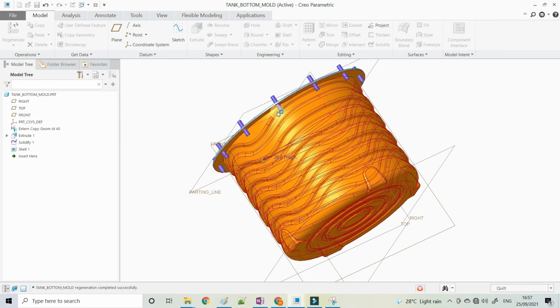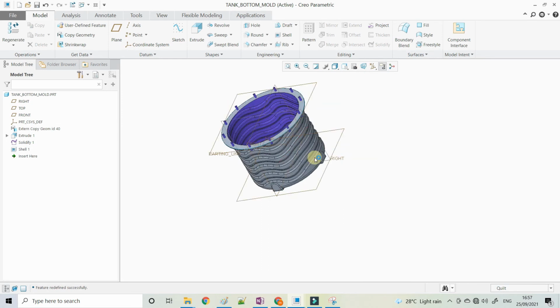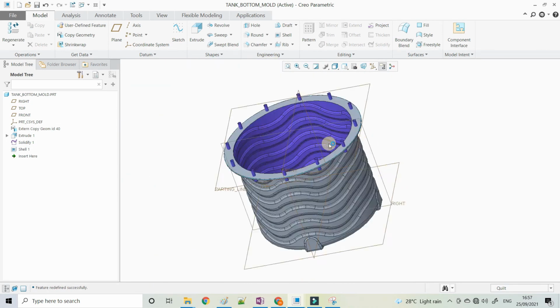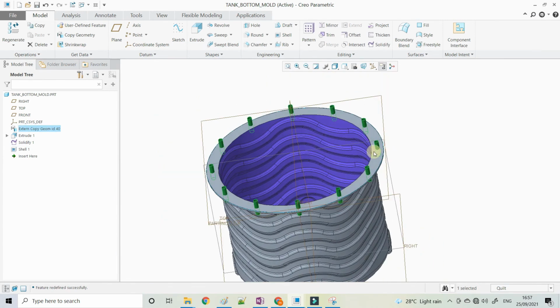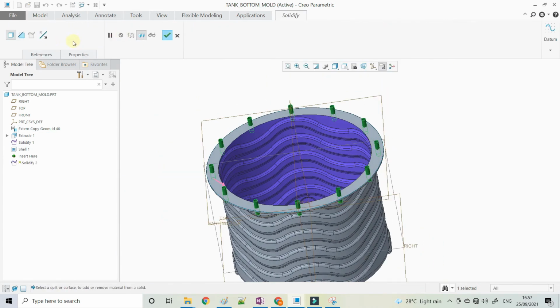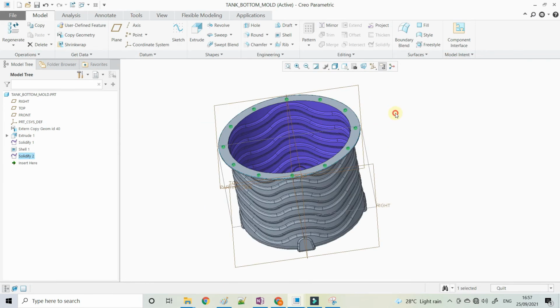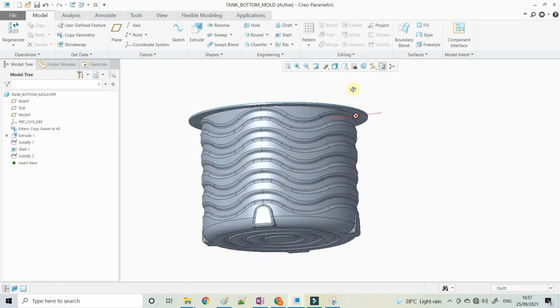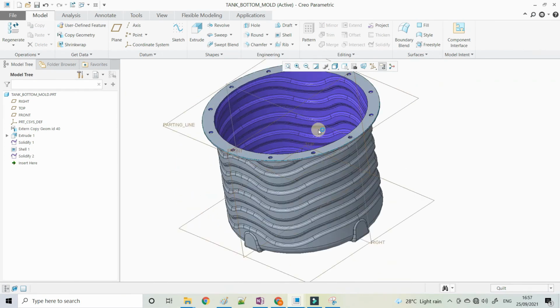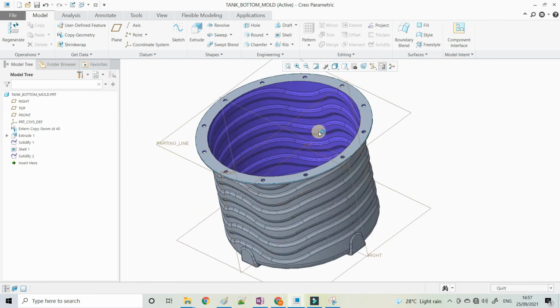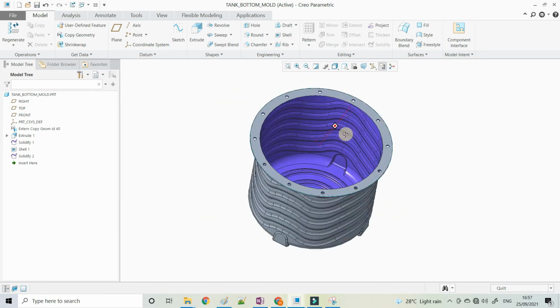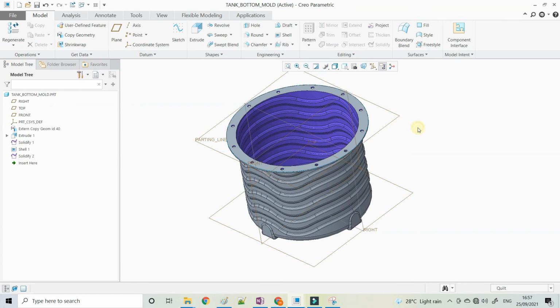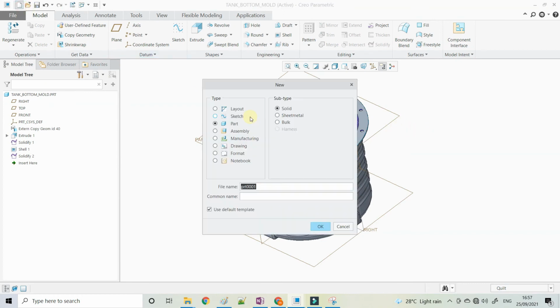Now you can create the hole in the flange. So select this quilt and say solidify. By using this quilt, with only one change we can update the hole in the bottom and the top, and also there is no misalignment of the hole because this is completely driven by one model.